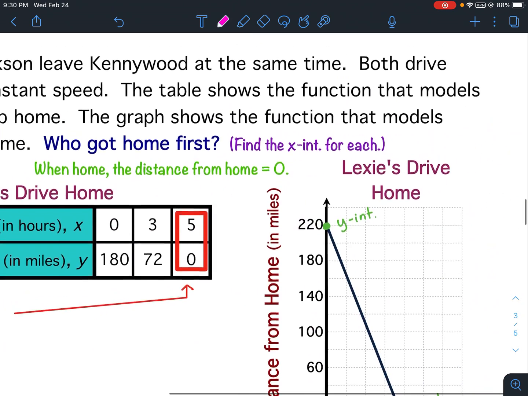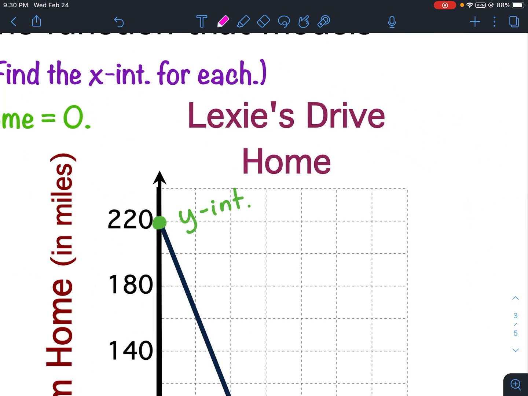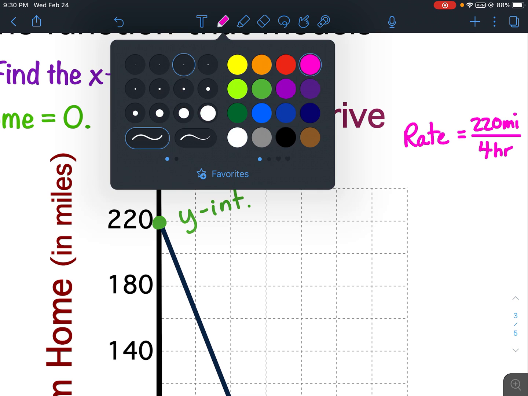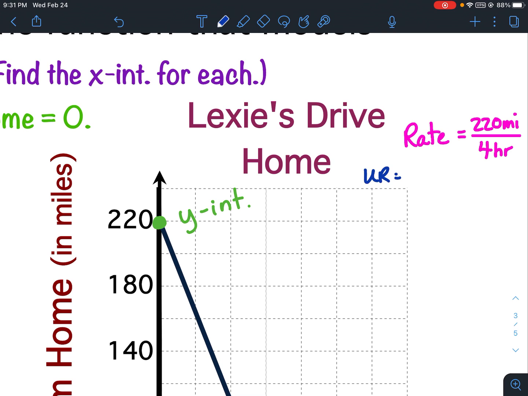All right, let's find Lexi's. What was her starting distance? 220 miles. And as she drove home, her distance decreased because it was the distance from home. So she traveled 220 miles in 4 hours. So her unit rate, which is her rate of change, divide that out and you get